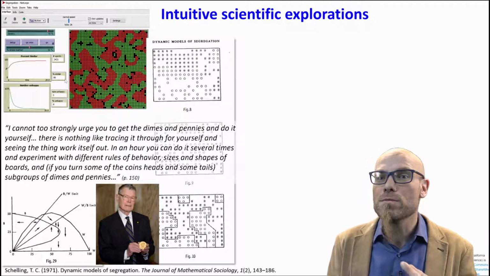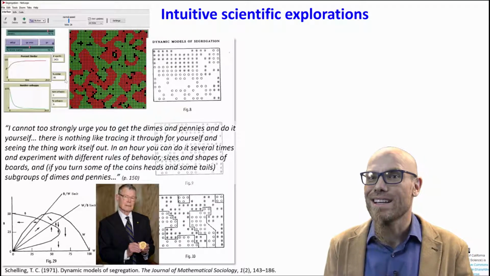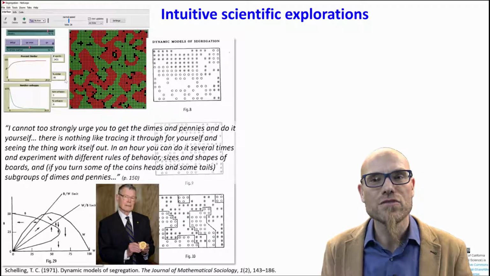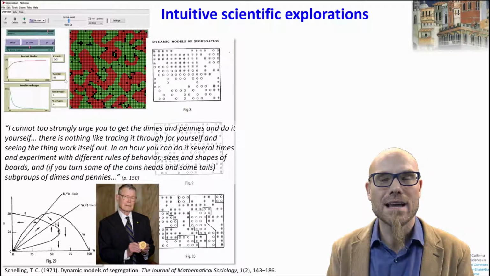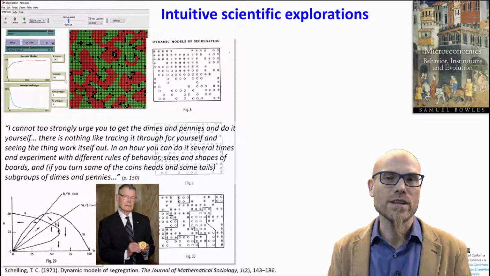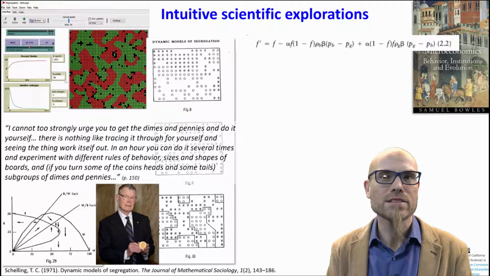Another alternative, so this would be called a numerical solution, is like you run it just like he did at the beginning with pennies and dimes and simulated different runs. You can do an analytical solution of that. So this here is from Sam Bowles, a traditional book on microeconomics, and that's what the equation actually looks like. So that's the equation basically for Schelling's model.